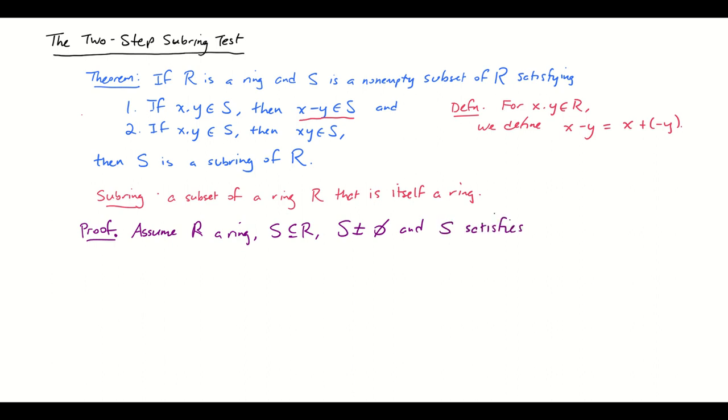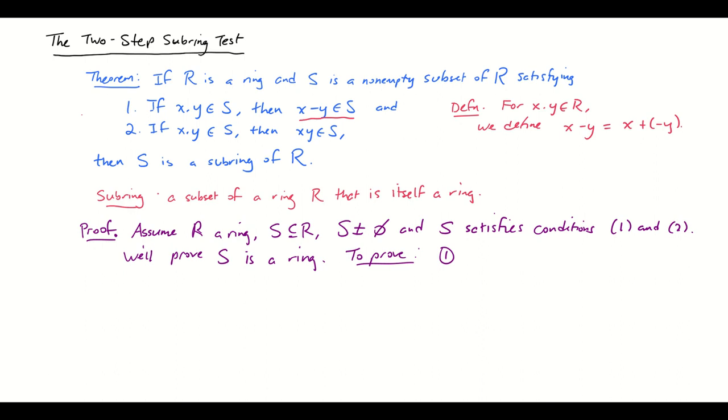We're going to prove S is a ring. All right, so to prove S is a ring, we have to show that it has all of those properties that we promised a ring ought to have. And I believe there were like 8 of those. So the things that we need to prove are,